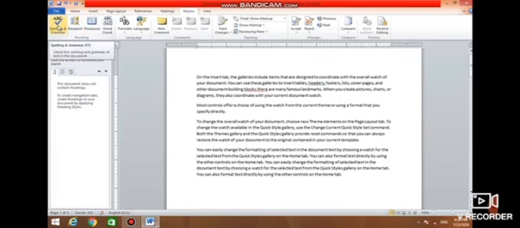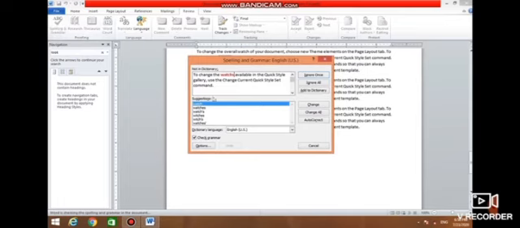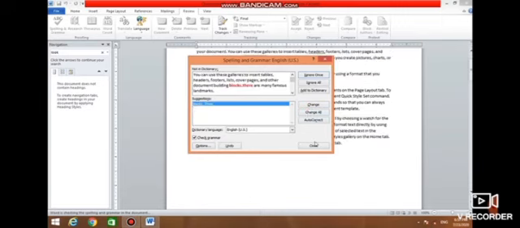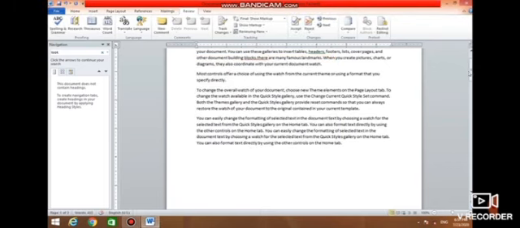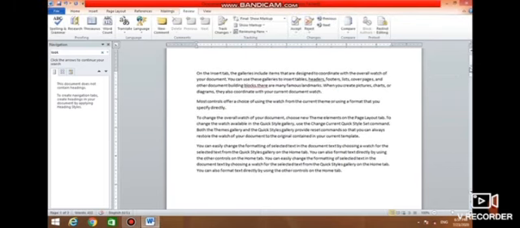And another way we have is under the proofing group. In the Review tab under the proofing group, click on the Spelling and Grammar option, and the selected word's suggestions are available here. We can ignore, we can add it to our dictionary, and we can make changes here. We can change a particular word, or we can change the word at every place where we have inserted it in the document.